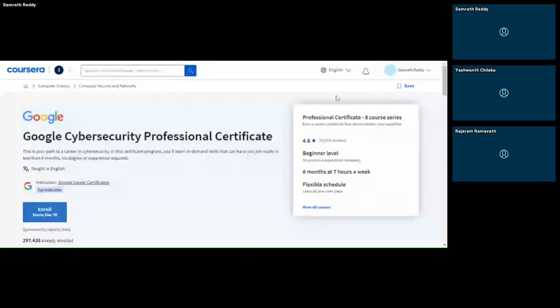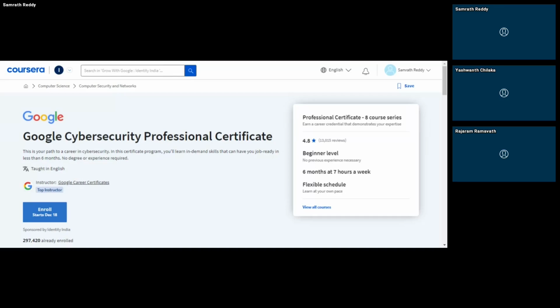I guess you are able to see the certification regarding the course. Google is providing this to us free of cost, a 100% scholarship, where it actually costs around 20k Indian rupees. Once you share a form in the chat box, if you fill the form and enroll through us, you can get this certification for free, and it takes around 6 months, as you can see on the screen.